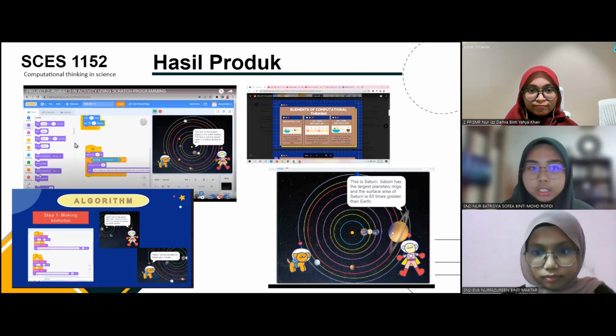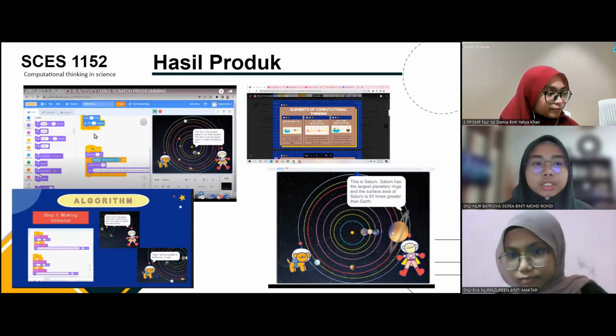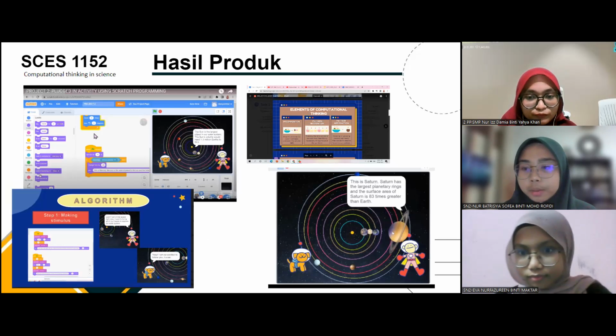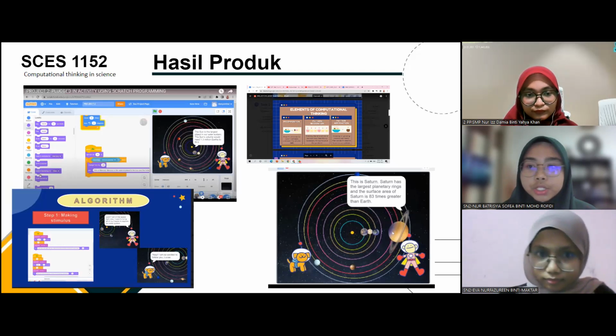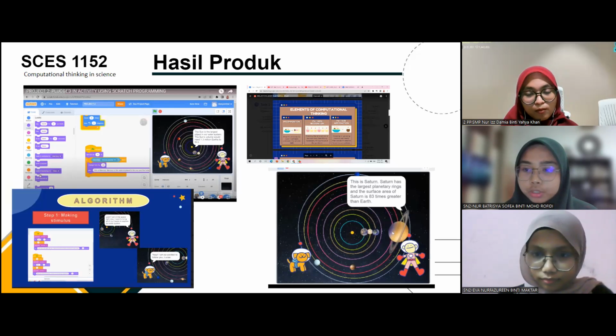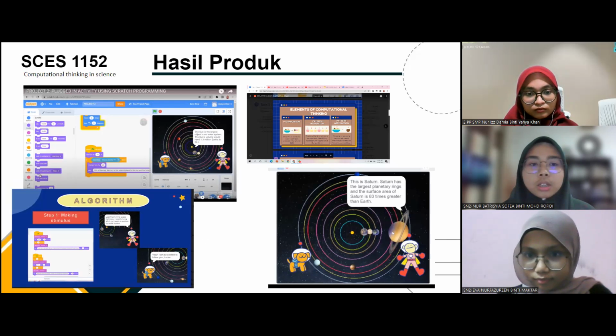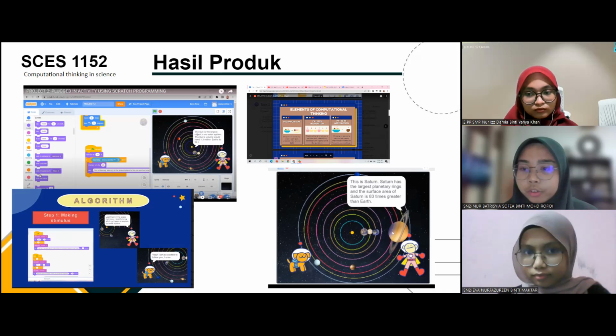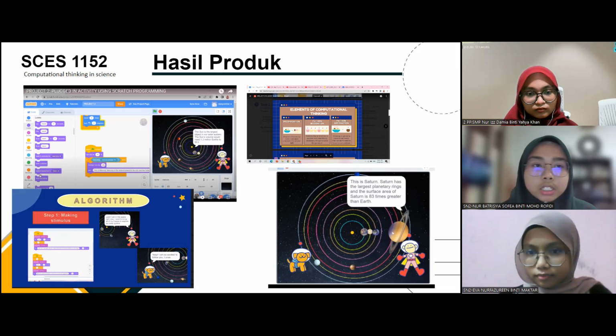For this is the example of computational thinking in science product that we come out, which is we use Scratch programming to produce a learning materials and also interesting materials for students. For this, for my product, I produce the solar system animation. And next.